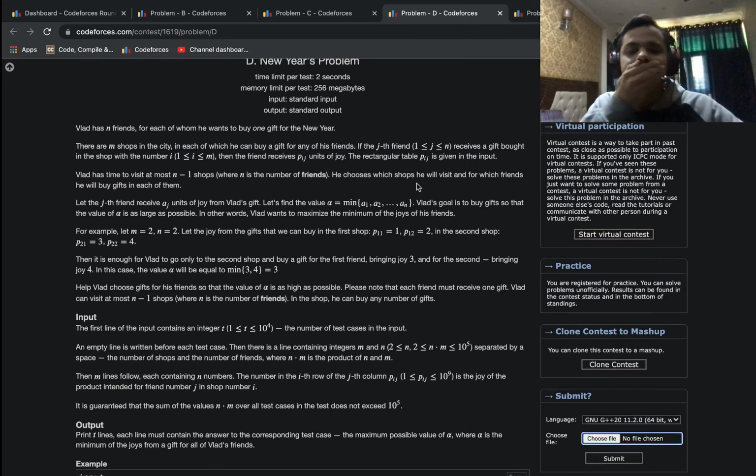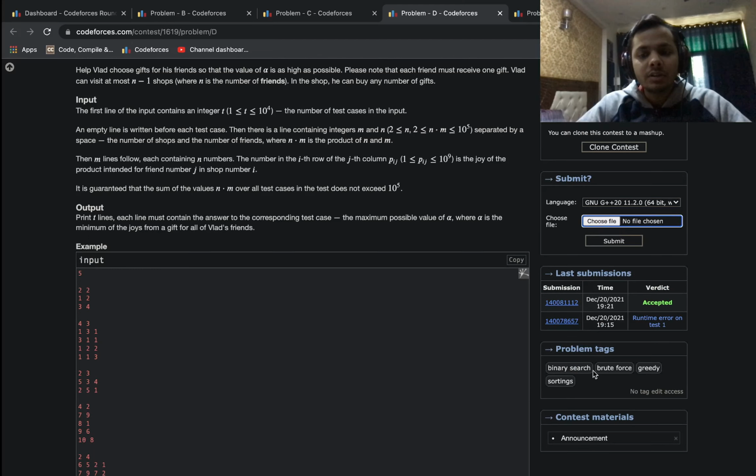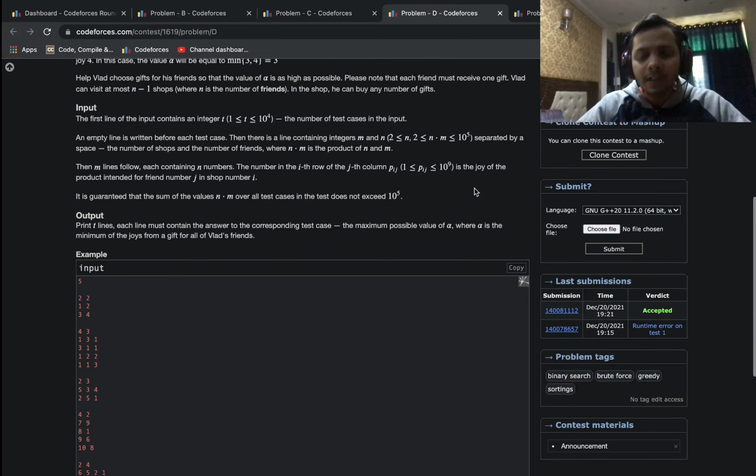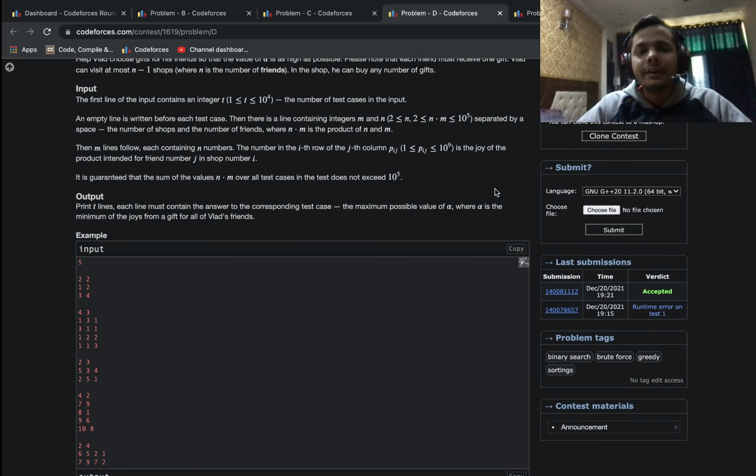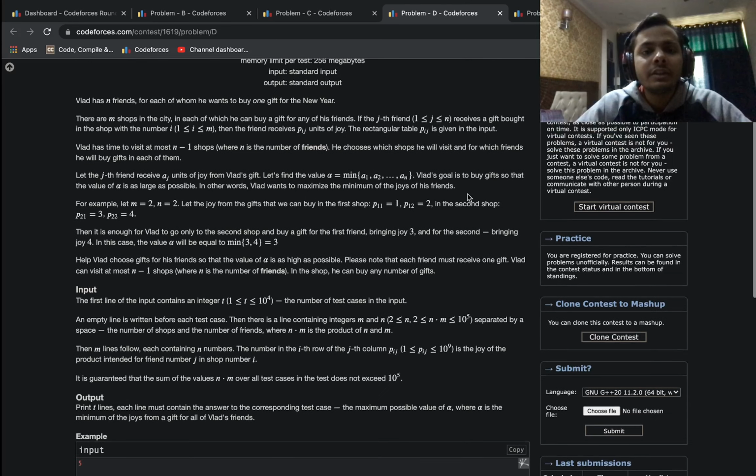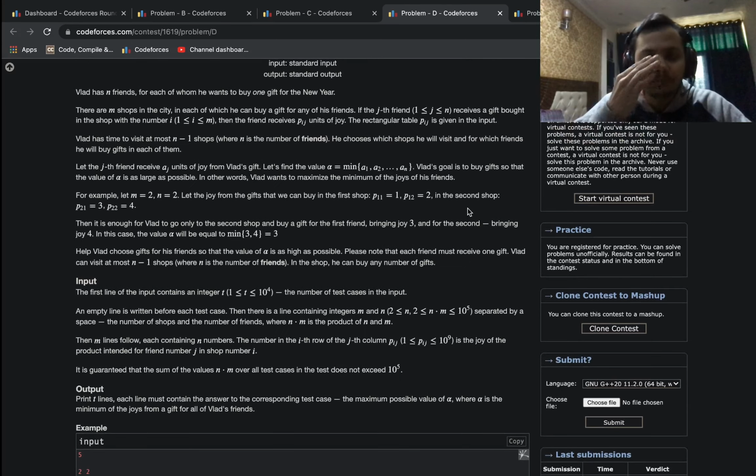Problem D. Okay. So about this problem, there are various approaches we can follow. Some people have also used binary search to solve this problem, which is right here in the tags as well. But the approach which I'm going to discuss is more intuitive, and it doesn't involve any binary search. It's just based on two major observations that I made, and using those observations, this problem becomes really easy. But if you miss those observations, it can become really frustrating as well. So let's see what this problem is saying.